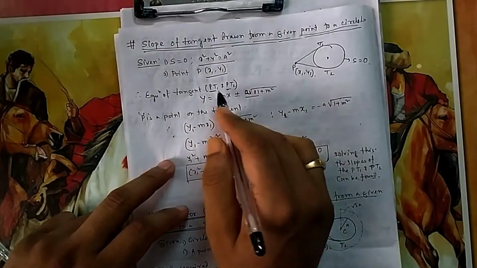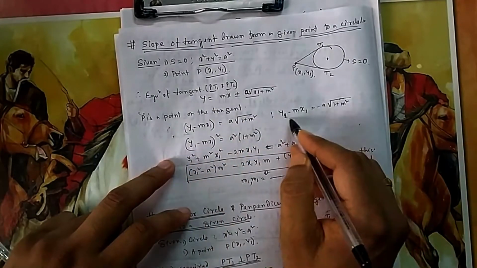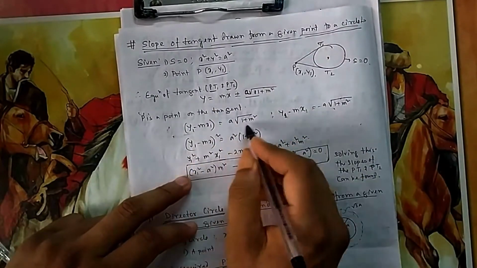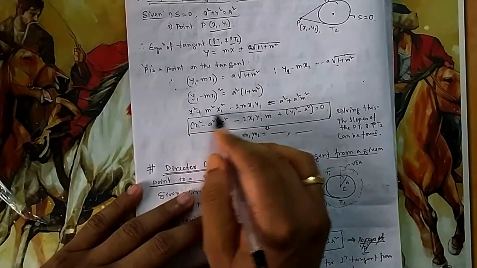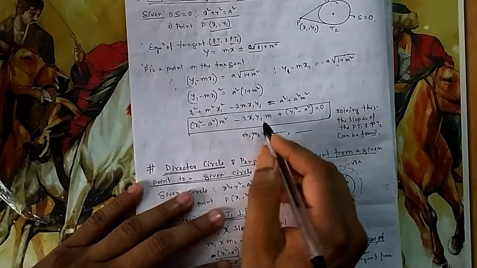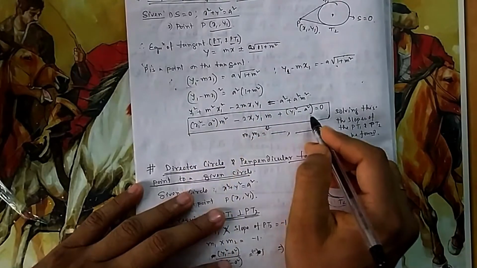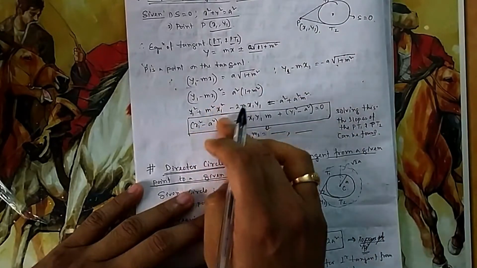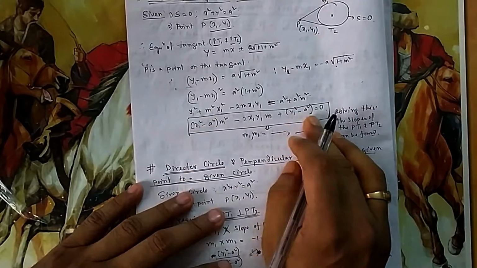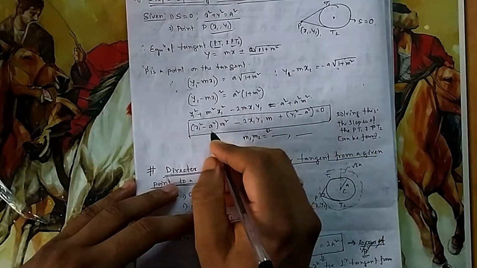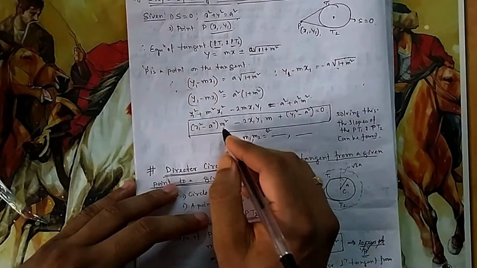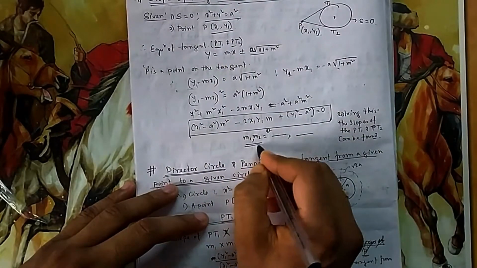So one equation will be y = mx plus c, and the other equation will be this one. If you take the square of this and open it, and now if you keep m square on one side, because you want to make it a quadratic in m only, you make it this way. Take m square common, and the constant you take to the other side. Because x1, y1 are given, this point is given, and the circle is already given, it is a quadratic equation in m. If you solve it, you will find two values of m.